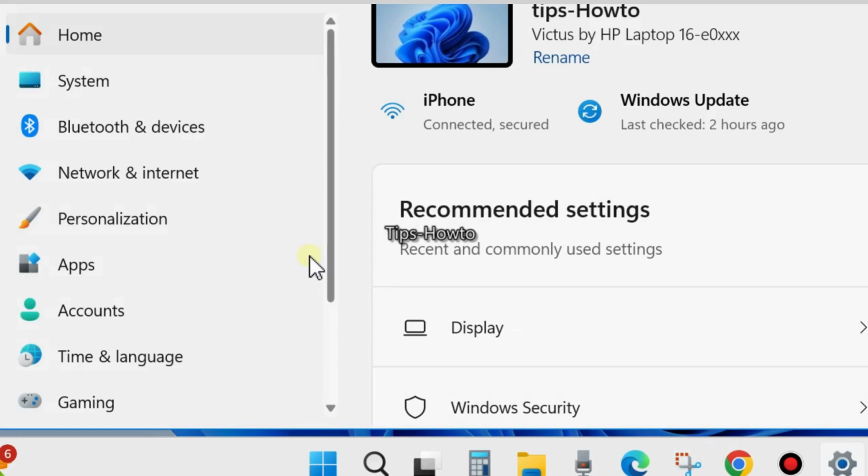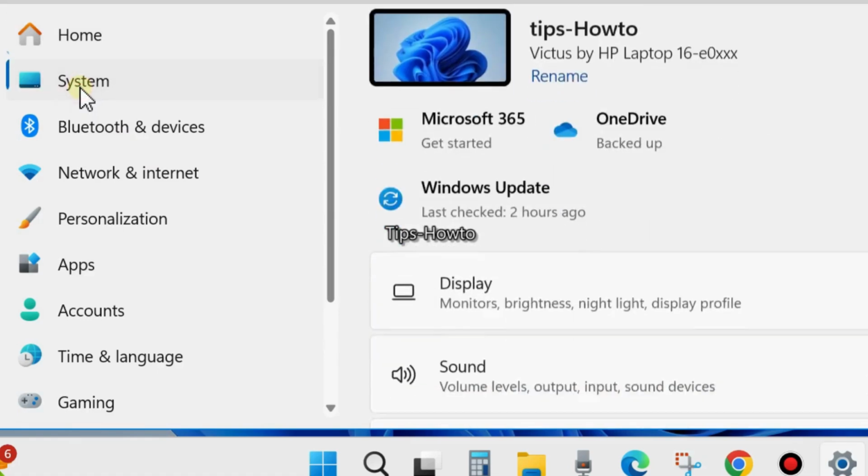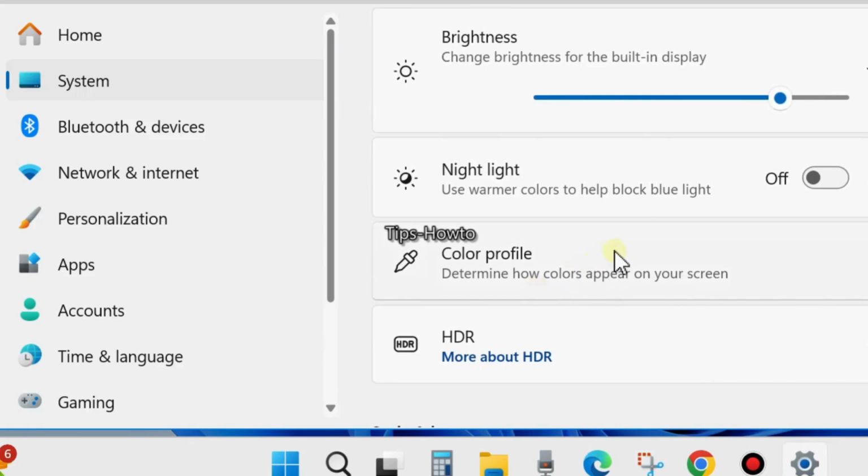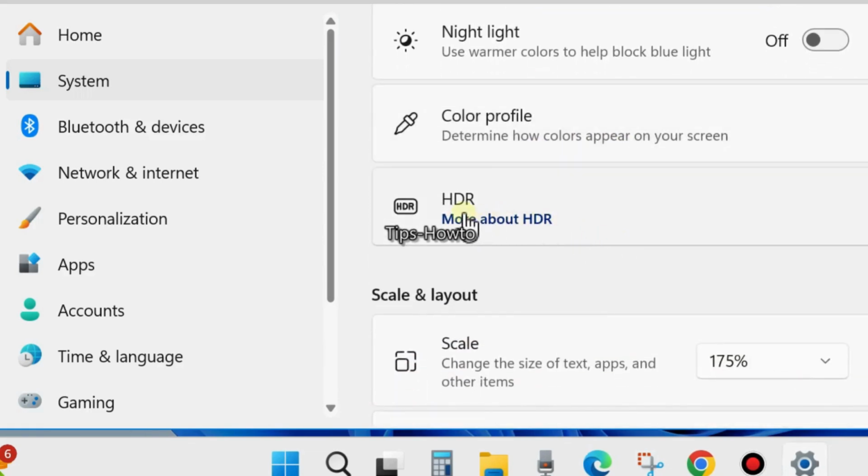Here, from the left side, go to System. Thereafter, go to the right side and open Display settings. Here you will find HDR (High Dynamic Range). Click on this option